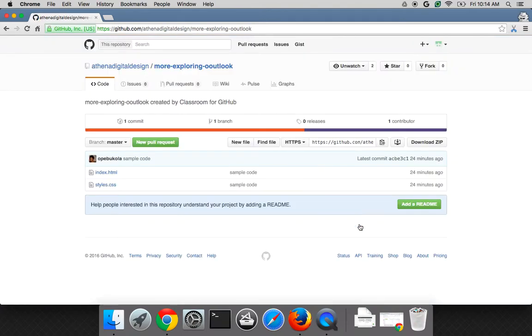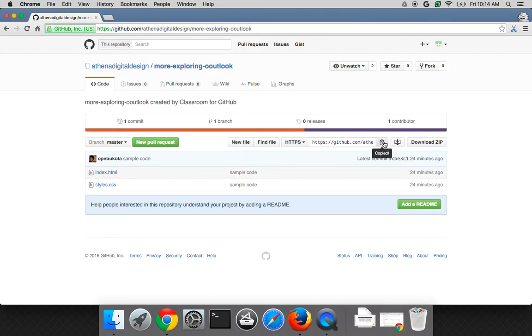And that link will now take you to a repository that's yours. So this is really your copy of the code. So now you have your copy of the code in GitHub. We need to get it over to Cloud9 so that you can actually code. So in order to do that, you need to copy this link. This is the link that you're going to use to get your code inside Cloud9. So hit this copy to clipboard button,